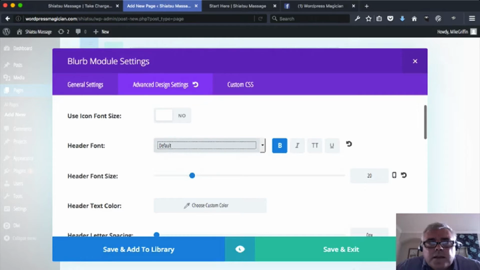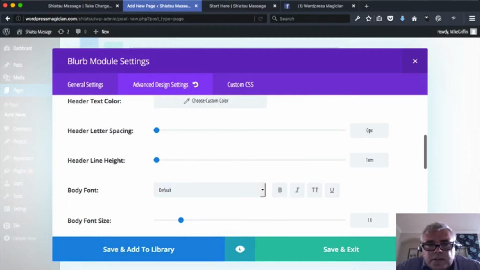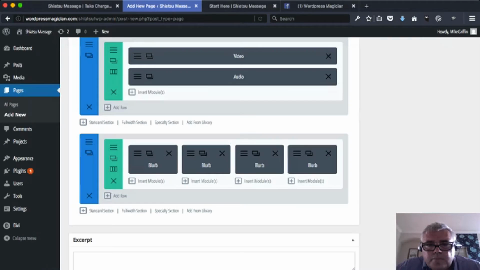It's called Dancing Script, and let's make the body font PT Sans Narrow, and let's make that bold as well, and we'll raise that to 18. That's that one done. All we've got to do now is go into the next level,